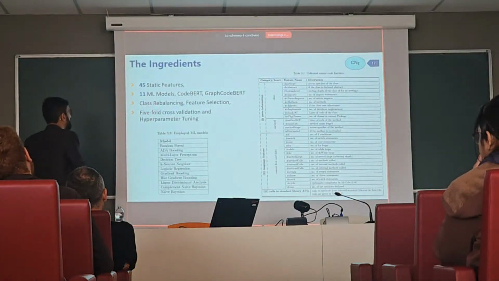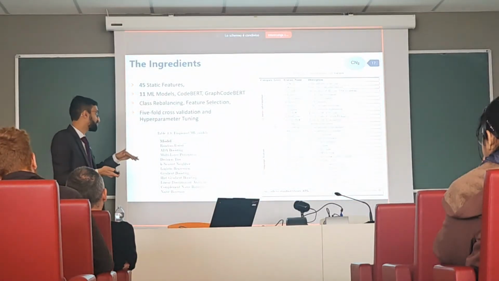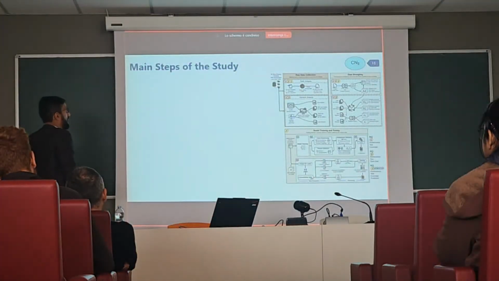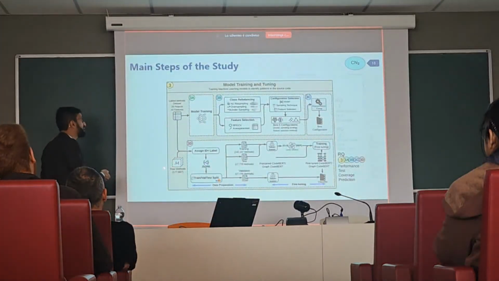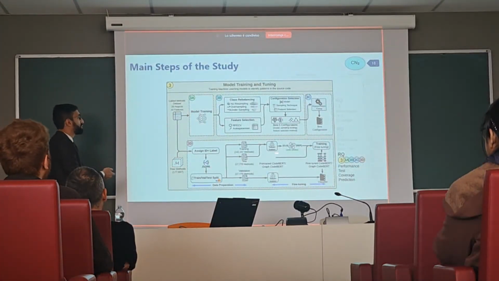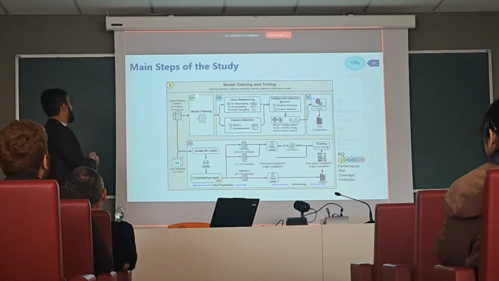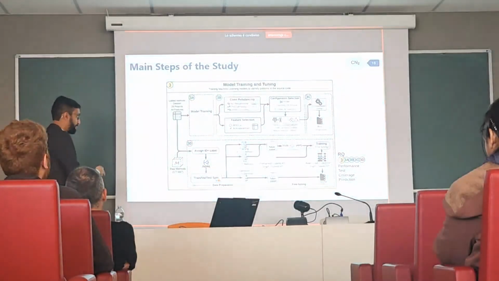We choose 11 machine learning models, which are listed here, and then we do some post-processing and try to see if we can improve the results in every sub-research question. We have already seen this process, and as I told you, we collected the ground truth here. So this part actually uses machine learning, and of course we use CodeBERT and GraphCodeBERT, which are the transformer-based models. So we start with the basic configuration, we try with class rebalancing, feature selection, and then we try with hyperparameter tuning, and finally we also try with the transformer-based models.